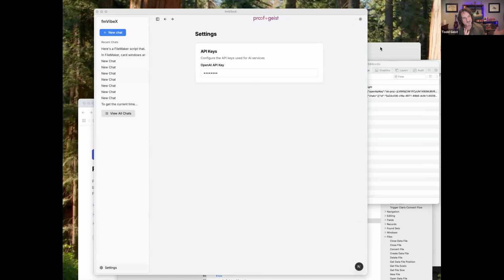Oh, the other thing I should say is pretty much everything I've shown here you can build entirely in FileMaker with the script steps that are now in FileMaker. But again, I really like to build stuff with web UI. I really struggle with going back to designing FileMaker layouts at this point.